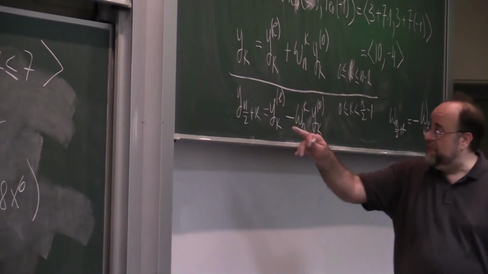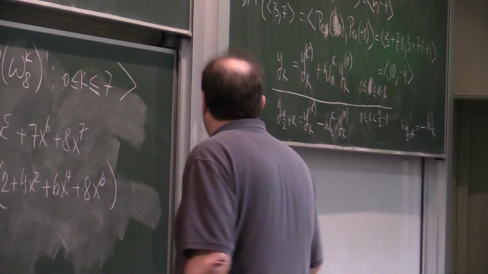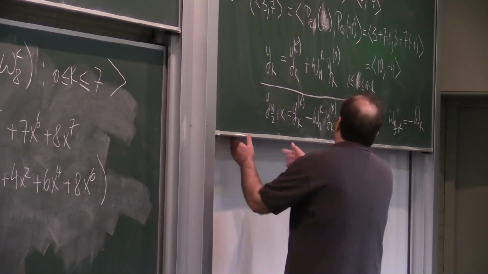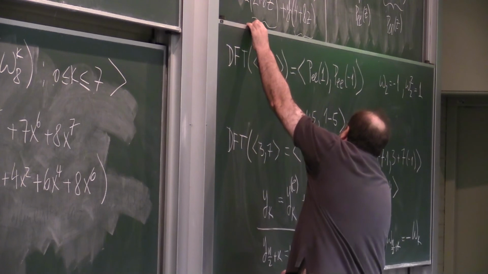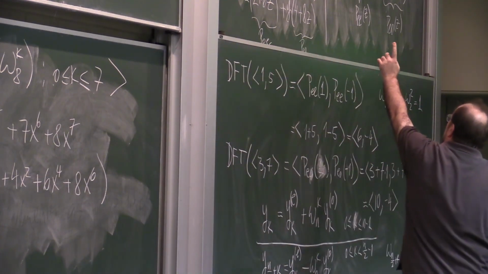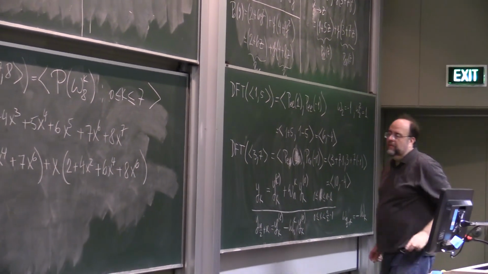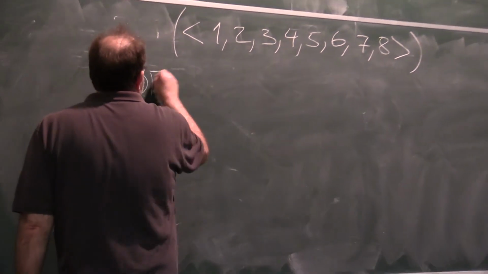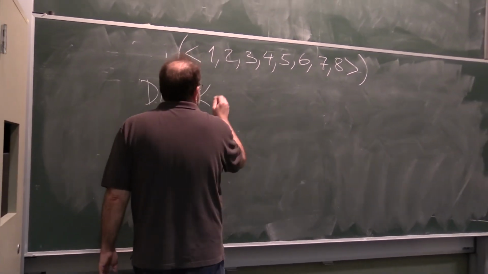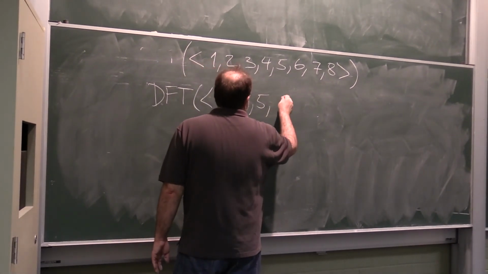So let's now simply go through from the bottom up. The next sequence whose discrete Fourier transform we want to evaluate is which sequence? It's the sequence 1, 3, 5, 7. So now we have the DFT of the sequence 1, 3, 5, 7,